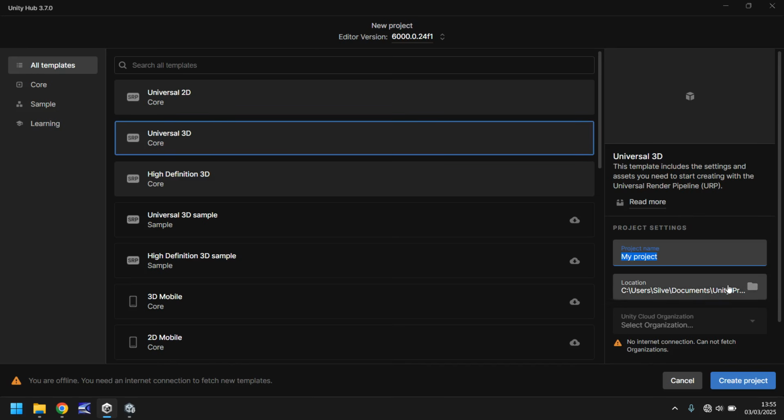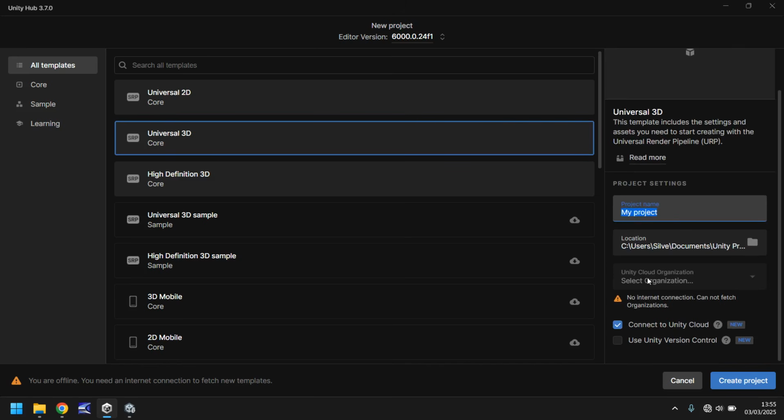It can be called anything at all, so it's your game name. Select where you want to save it, and if you're offline you won't need to select an organization or anything like that, but if you are connected to the internet you would just select your account and then you'd be able to create project. It's up to you whether you want to have a Unity Cloud or whether you want to have version control. I tend not to have either of these ticked because I mostly work a lot offline on this particular machine. So once you've got that set, click on Create Project, and after that you'll be presented